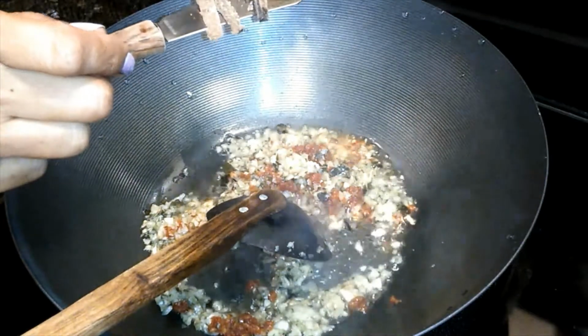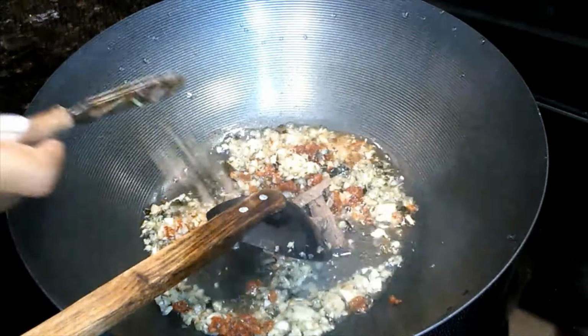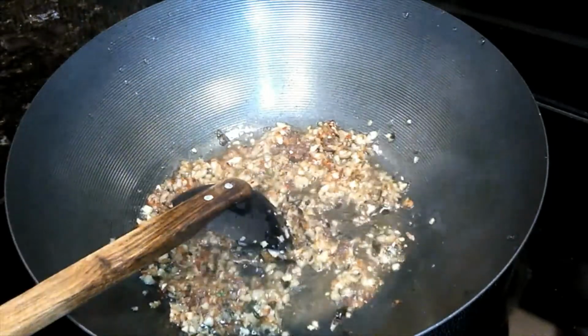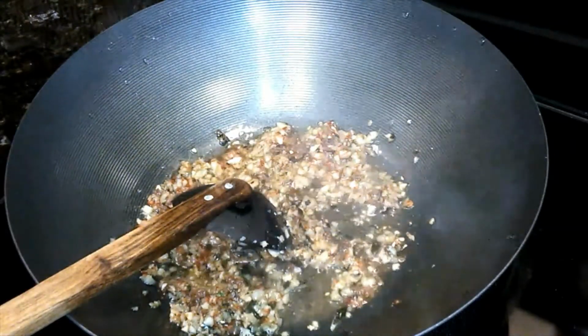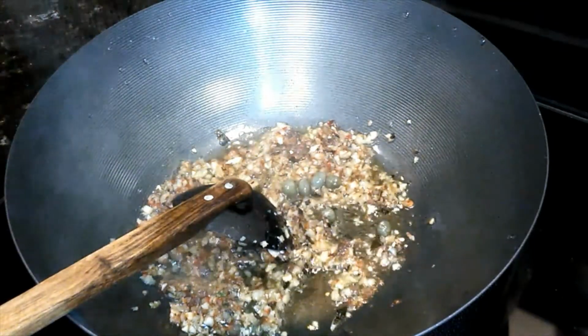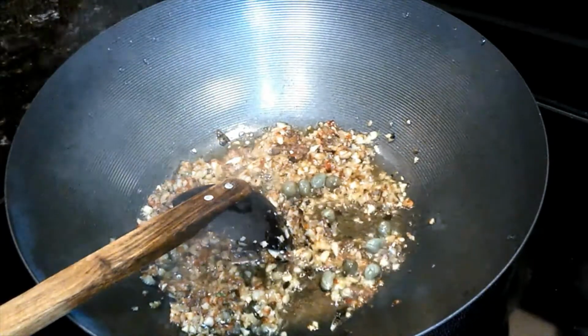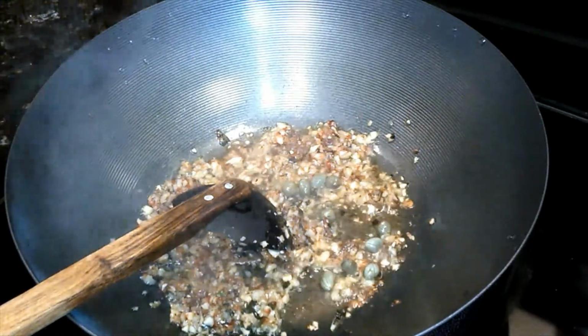Here, this is actually shrimp paste, around a teaspoon of shrimp paste. Like anchovy paste, there is shrimp paste also. It's also giving a very beautiful taste to the dish. And also some capers, about a teaspoonful of capers. Let it fry in the oil for a minute,